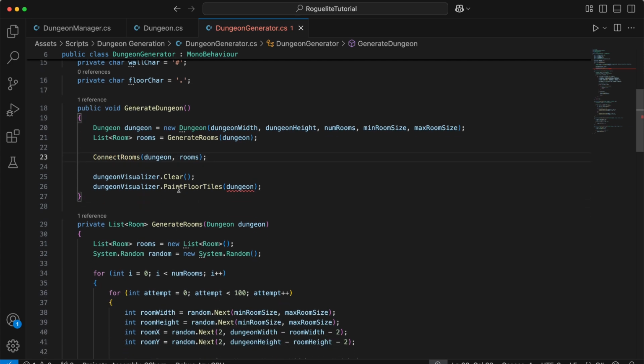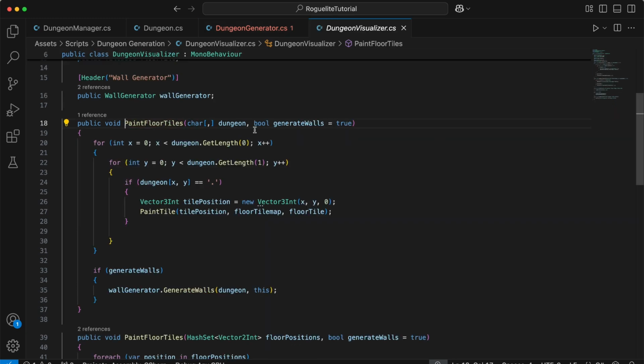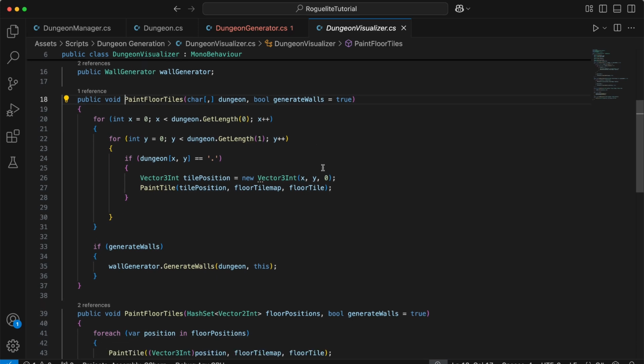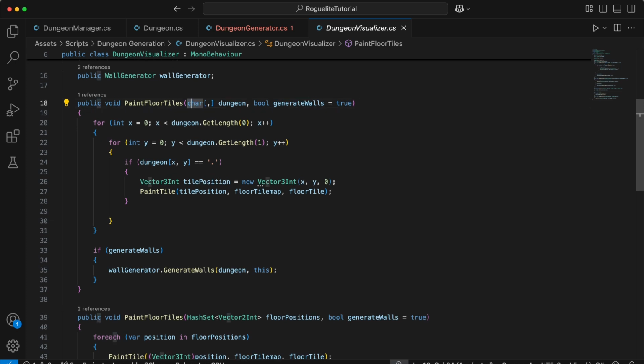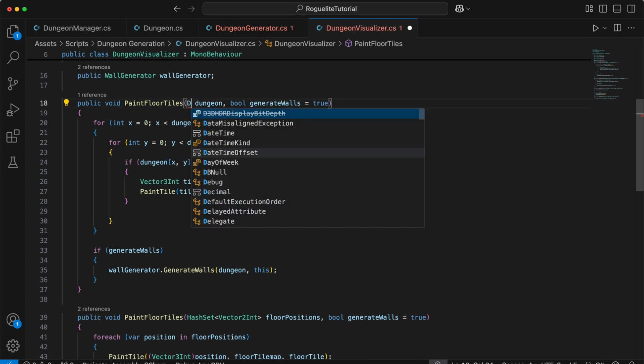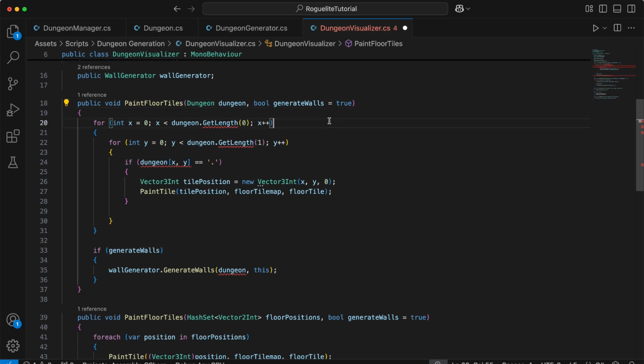The next issue that we see is with our paint floor tiles. So I'm going to just command click on this. If you're in Windows, you can control click on it and it'll do the same thing. It'll take you right to the function. So this opened up our dungeon visualizer script, and we can see that this takes in a character array instead of a dungeon object. So let's go ahead and change this over to a dungeon,